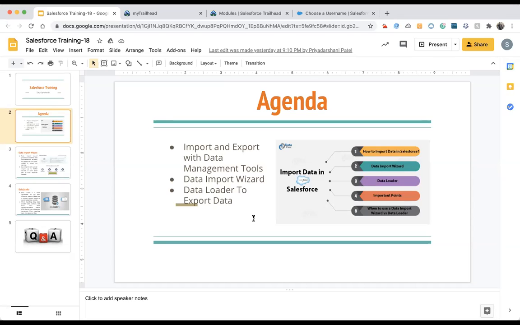But for all of them, you need some knowledge of Excel too, because you have to do some data management. Whenever we do data migration from one org to another, or from a legacy system to Salesforce, or from Salesforce to Salesforce, it is always done in either a CSV file or an Excel file. The CSV file is the most common one. It is used in every tool. Any tool you are working on uses the CSV file.